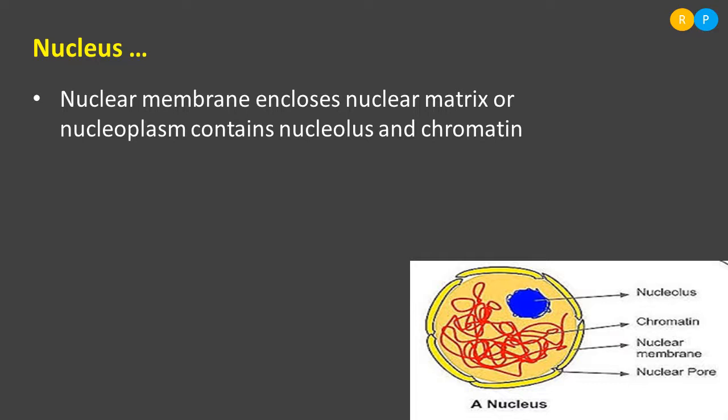nucleoplasm. So how do we call the cytoplasm in the cell? In a similar way, very next to the inner nuclear membrane, we can find the presence of a fluid like matrix, and that region is named as nucleoplasm. So you can find in the diagram the nucleoplasm is the matrix region here, and that nucleoplasm contains nucleolus and